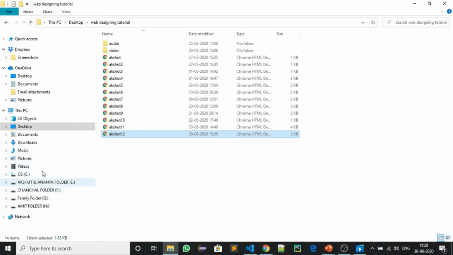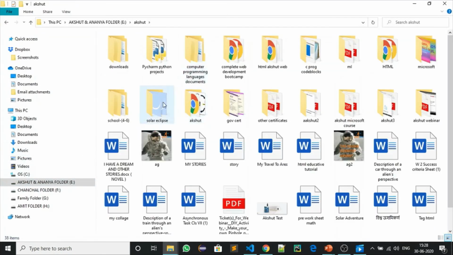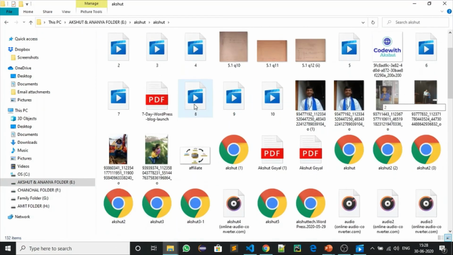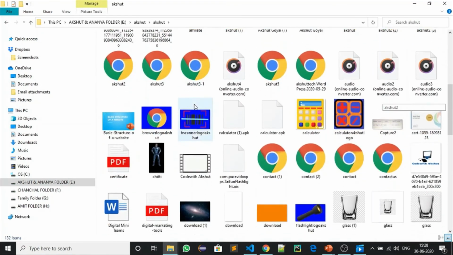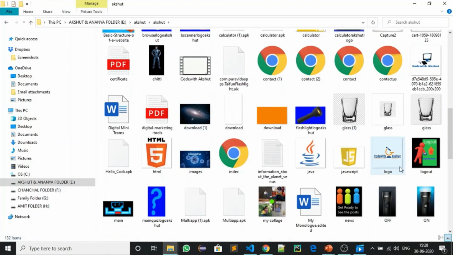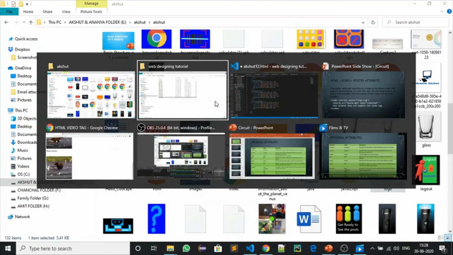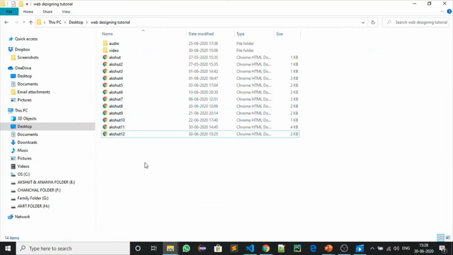For it I will open another window and go to my folder, and now I have to find my logo here. Here is the logo. Okay, now this one is the logo. I will go here and make a new folder.